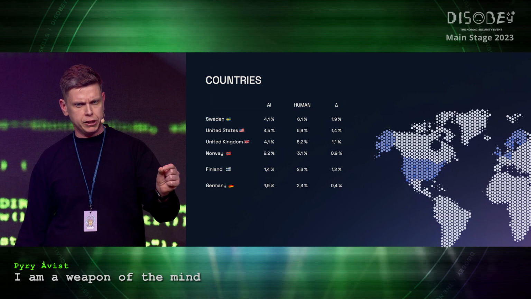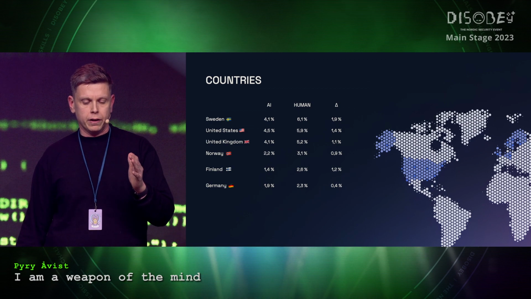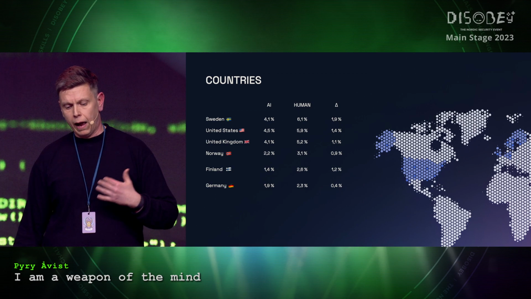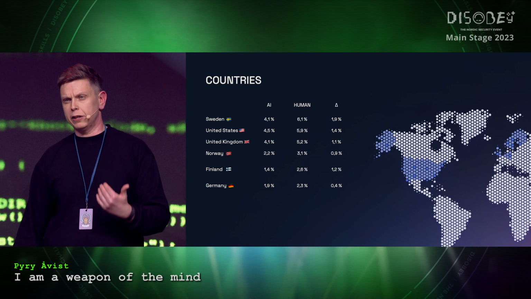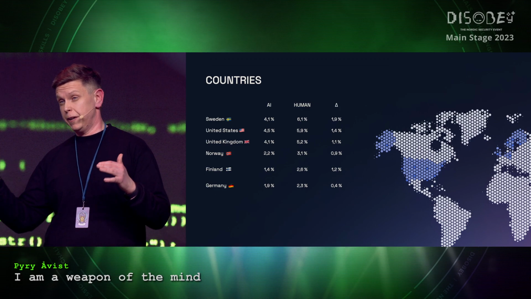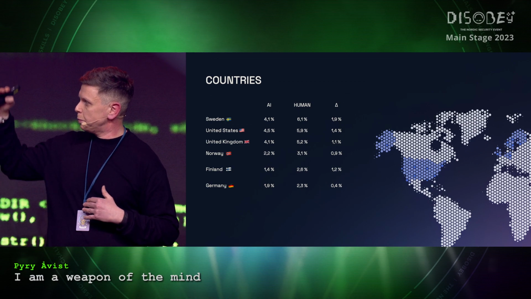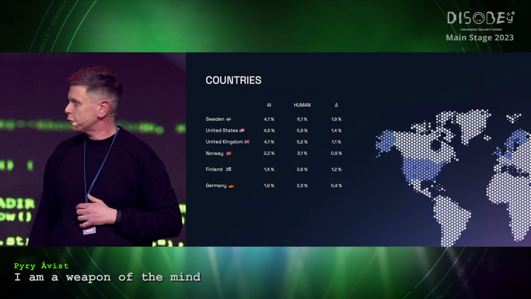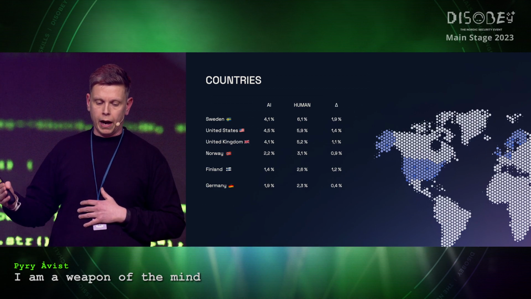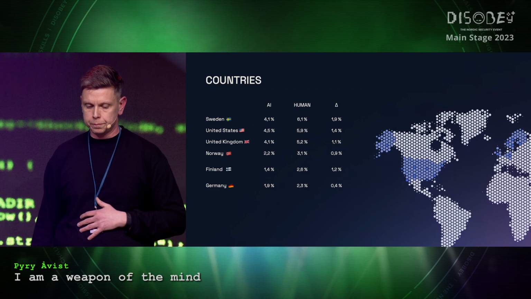The attacks were in English, so I would assume that of course in the US and UK, that's much more relevant to them. But in Sweden as well, they're most likely going to use English as the language they operate in at work, versus Norway, Finland, and Germany. So I think that tells the difference between these two cohorts of countries. And interestingly, Germany also had the smallest difference between these two, so they were quite close together.